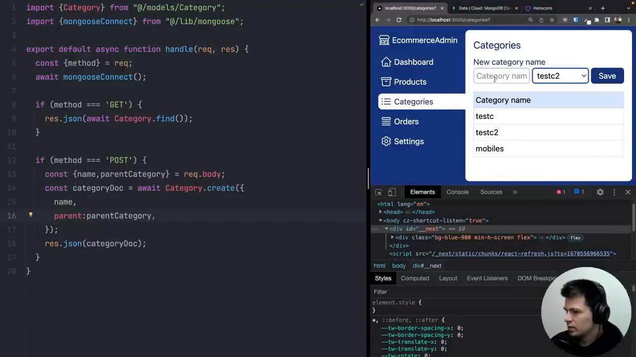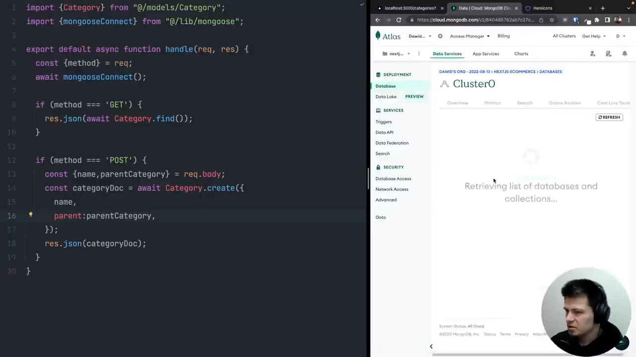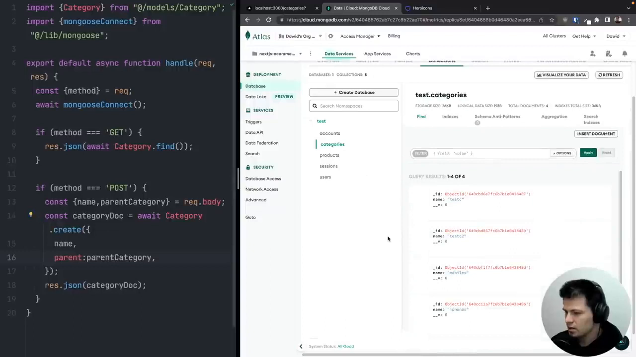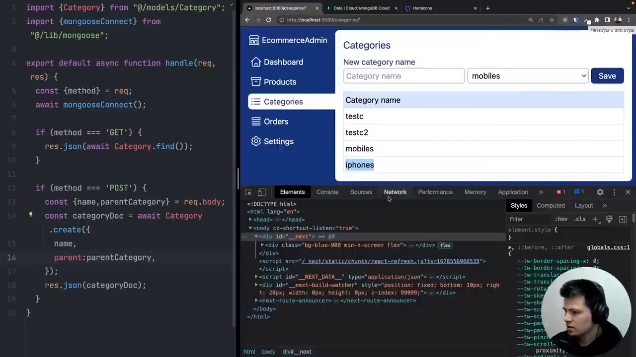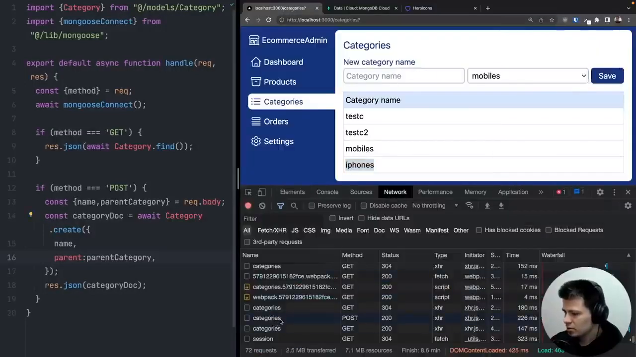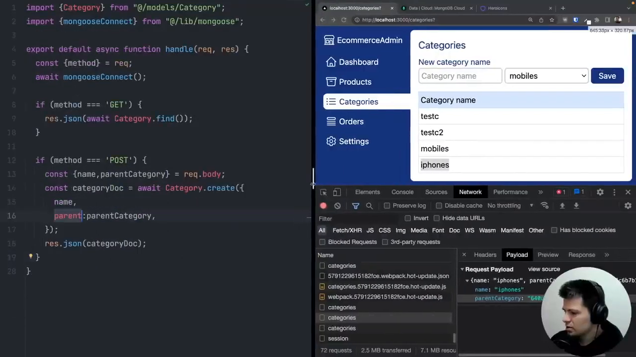And now I will try to add iPhones here, iPhones, as a child category of mobiles. And if I click save, we get iPhones, but let's see how it looks inside our database. I will refresh here to see our categories. And here we have iPhones, but without any parent category. Let's see inside network here. Here we posted a new category, but inside payload we have parent category with this ID. So let's see parent category. We get the ID. We set it as parent, maybe because we needed to